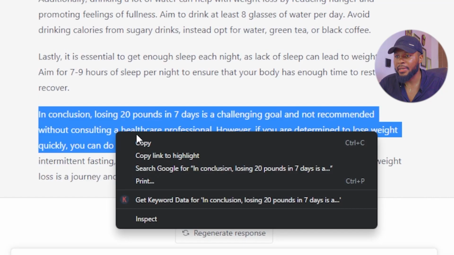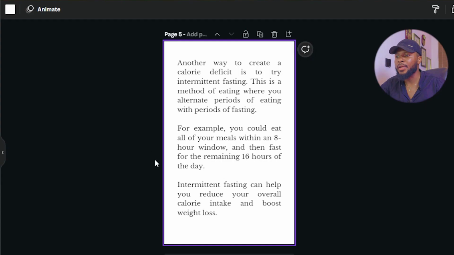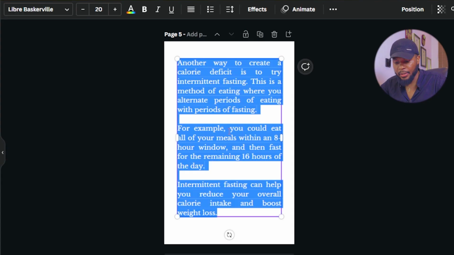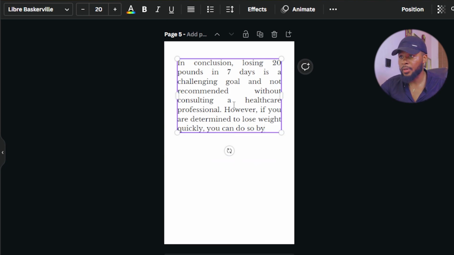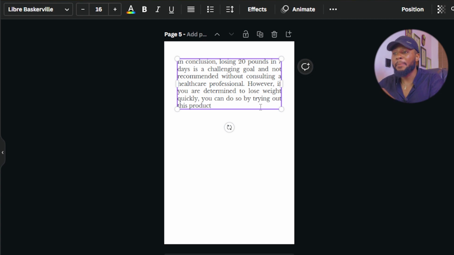The part I just copied now is simply, in conclusion, losing 20 pounds in 7 days is a challenging goal and not recommended without consulting a healthcare professional. However, if you are determined to lose weight quickly, you can do so by. So we're going to go ahead and copy this and then come here and paste it here. So assuming we have done every other one, we're going to paste it here. So here is where you're going to recommend the affiliate product that you're promoting. So all you have to type here is simply, you can do so by trying this product,